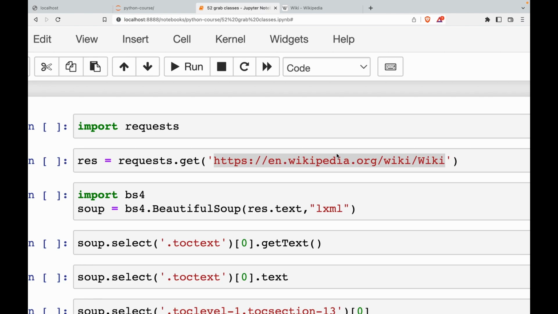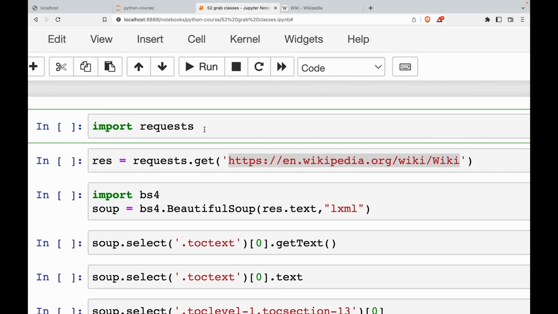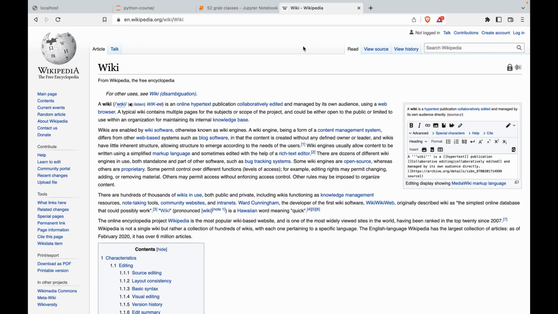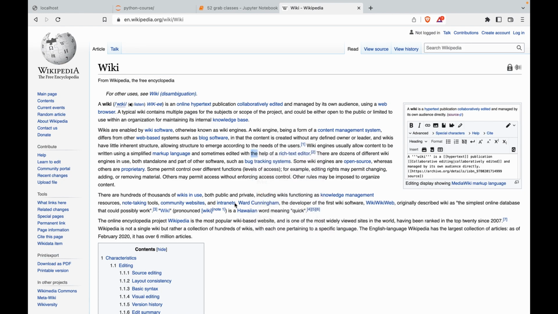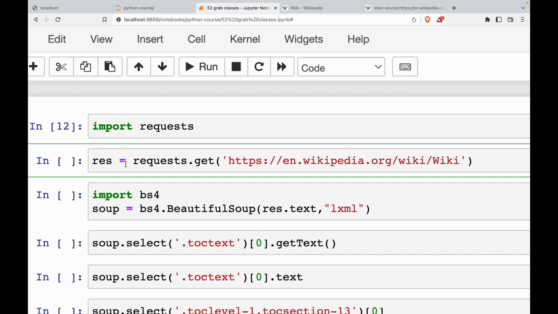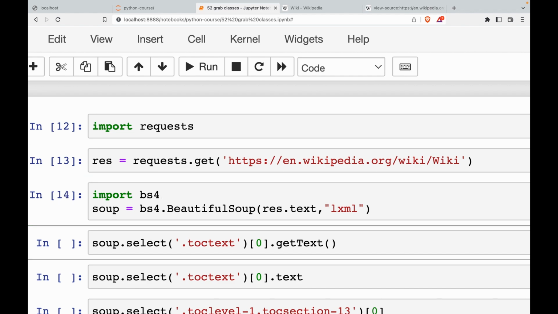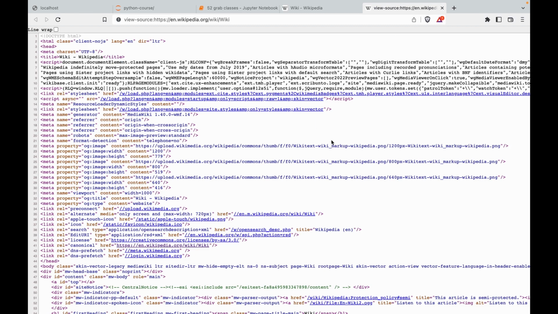In this part, we go to get the text from the classes and also the ID. So the first thing is, just like before, we have to import the request, and this time we go to this Wikipedia, and we can go to view the page source. And then if you go to here and make the request, and then we import the bs4 like before, and we can see in this